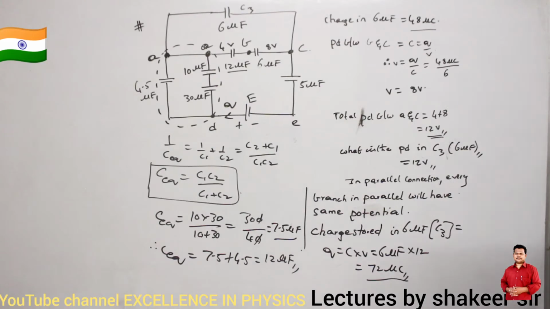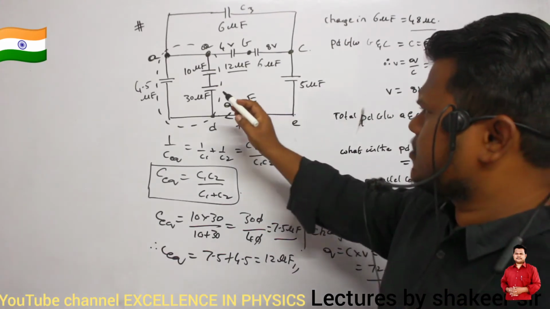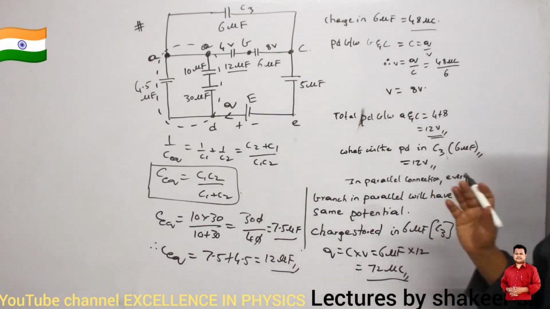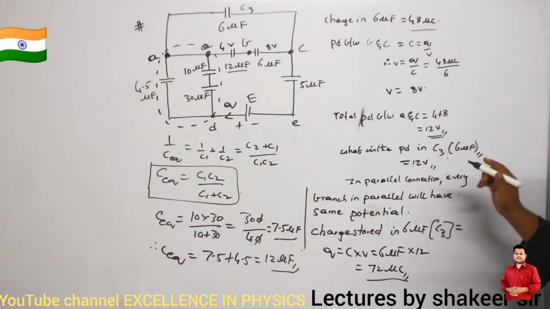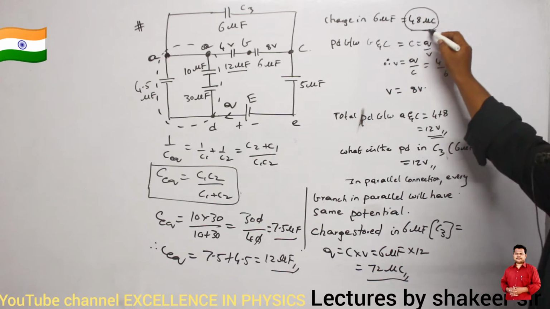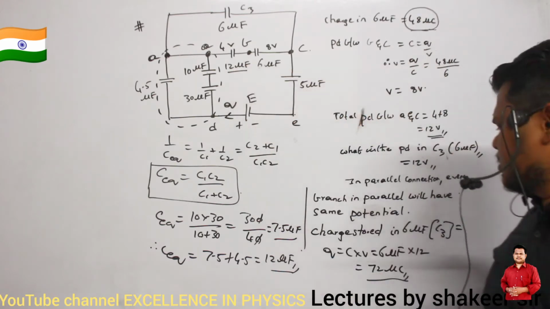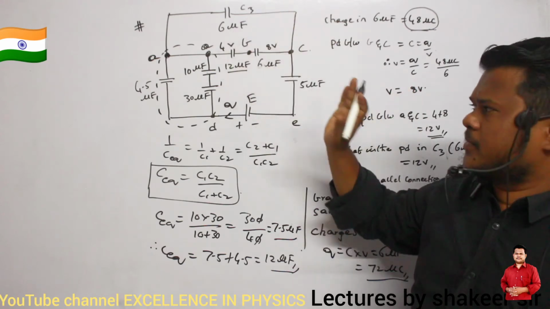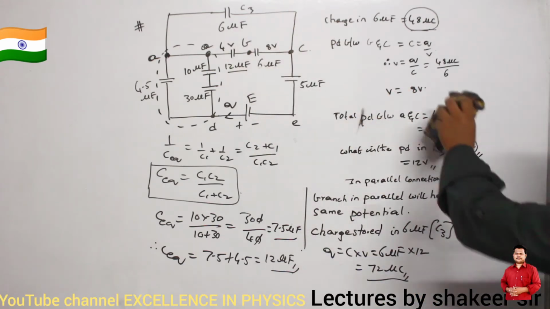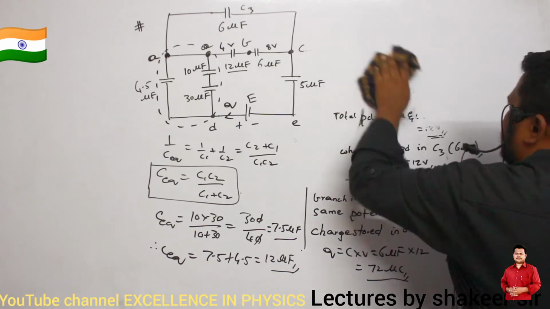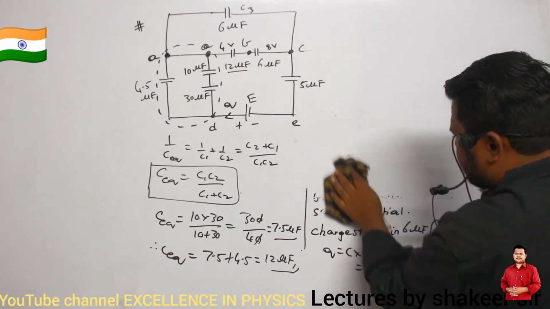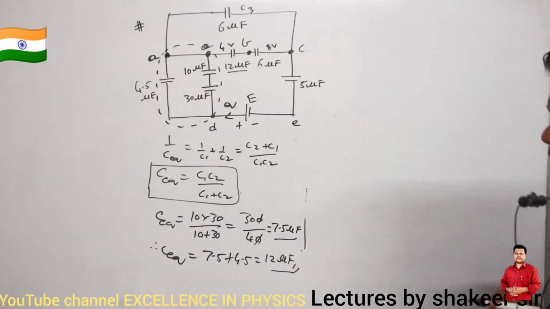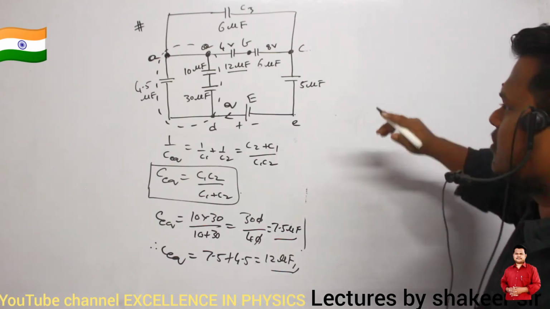So, see, ma. The equivalent capacitance up to here is how much? It is 12 microfarads. Clear, no, ma? Okay. Then, previously what we have studied, 48 microcoulombs is the charge stored in this branch. 72 microcoulombs is the charge stored in the parallel branch. Clear? Okay. Now, let us see how we can draw this diagram. So, I will try to redraw this one. It is tough to redraw, but we have to redraw.